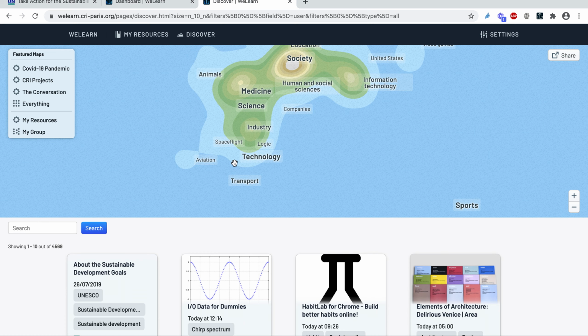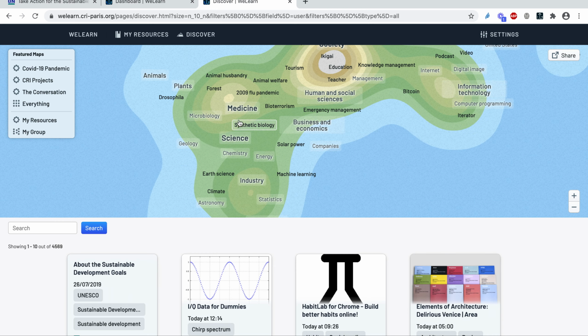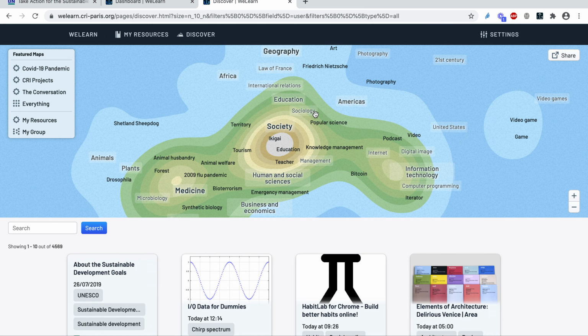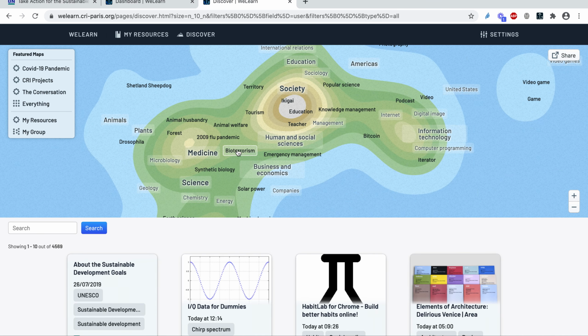So all concepts that tackle technology will be somewhere in the region around the technology label. And if I go up here, I'll find medicine and science, later society, and geography, history, and so on. So if I zoom in a specific area, I will find more and more of different concepts related to this area. So, for instance, here I'm zooming into the society,